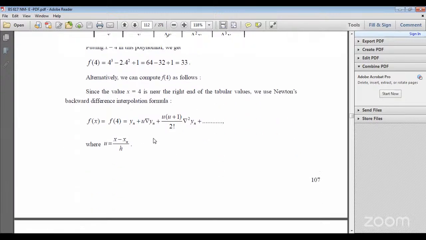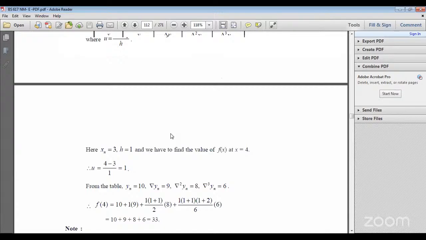F4 yn plus u del lambda yn, you will be plus 1 to factor lambda square yn. So u is equal to x minus xn by h. So therefore,